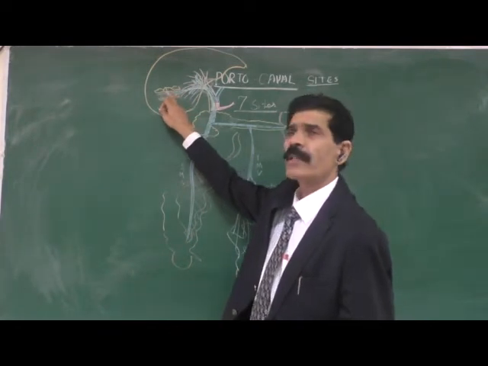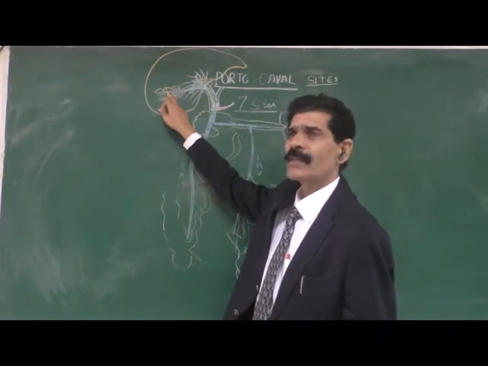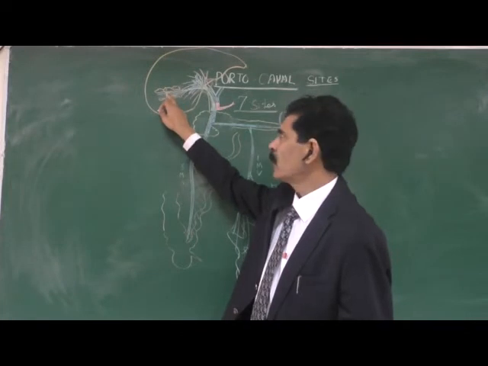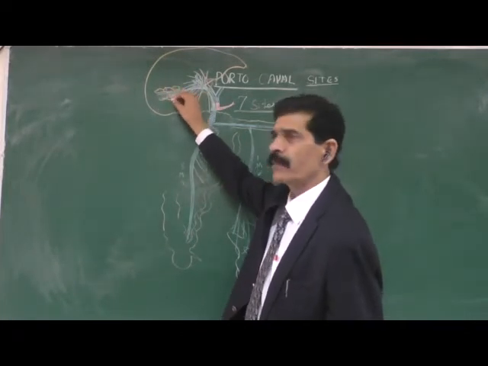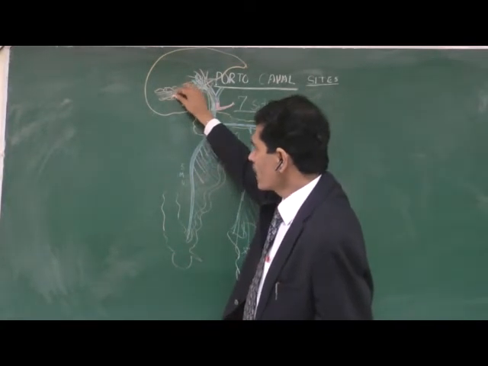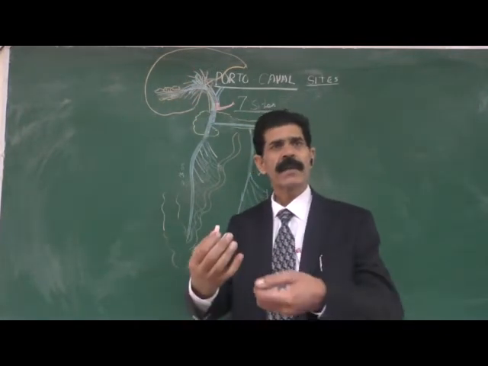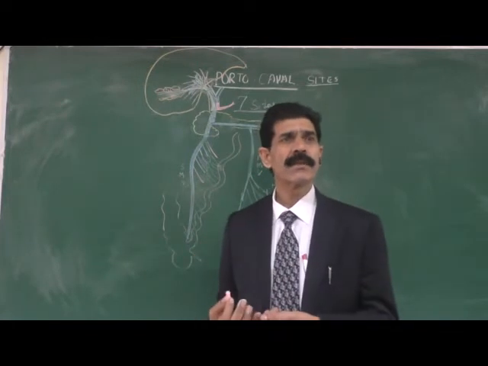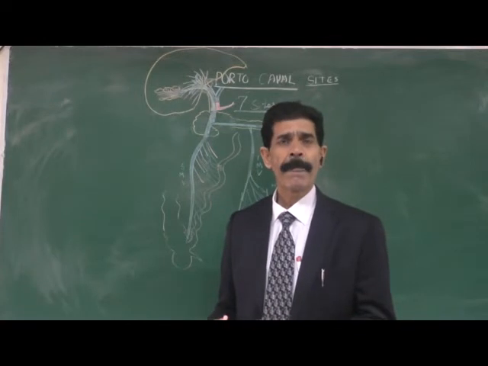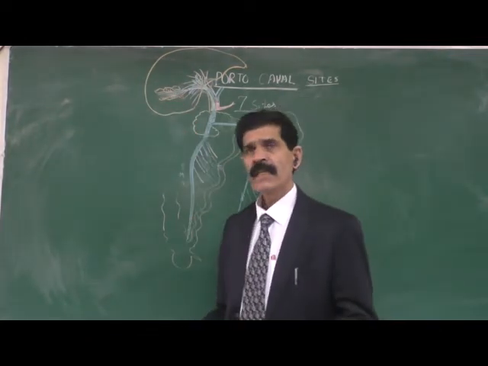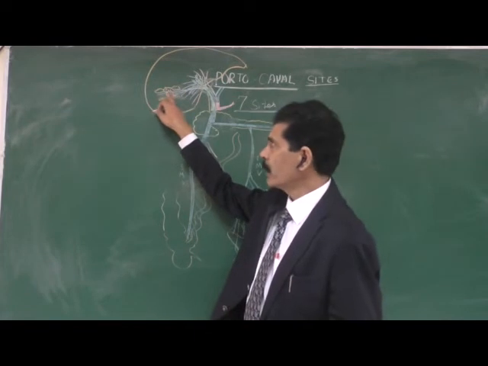So whatever food you have taken in the form of monosaccharides, small chains of amino acids like protein, the triglycerides, the digestion end products of lipid metabolism, all these wanted molecules of carbohydrate, protein and fat are absorbed in the hepatocytes, which line the hepatic sinusoids. So liver hepatocytes are the storehouse of carbohydrate, protein and fat, so they are deposited and stored in the hepatocytes. And whenever we require them, they release into the bloodstream, again go into the blood, at the other end